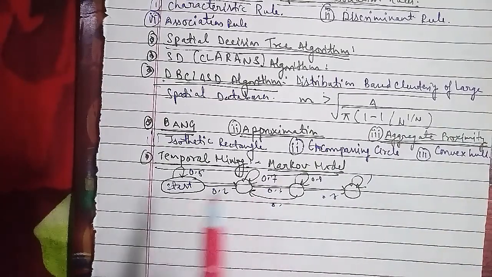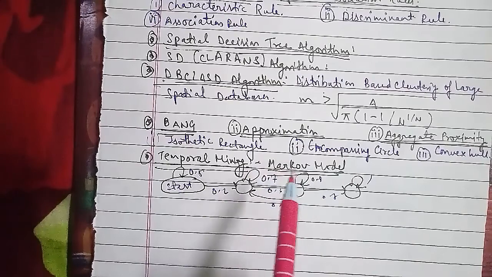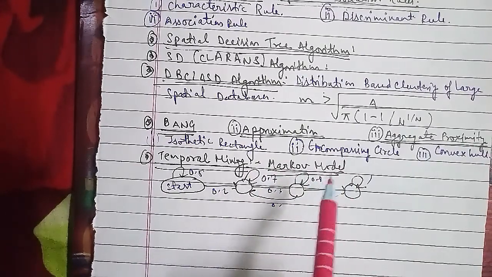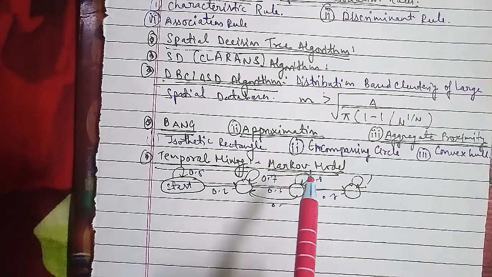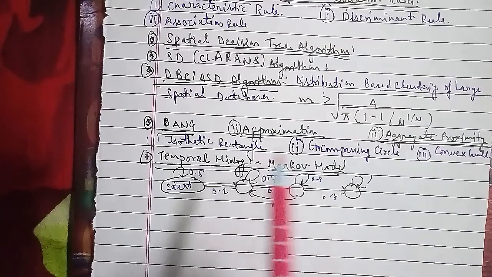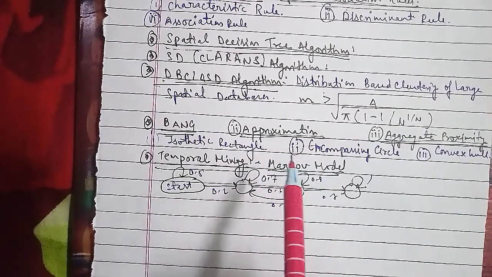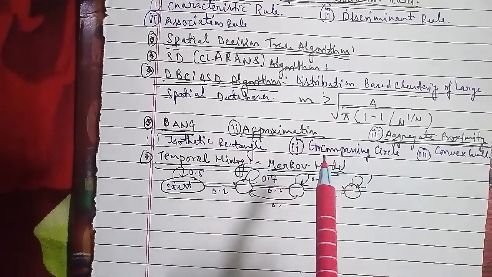The Markov model has been used in various applications, such as speech recognition, natural language processing, and some other common applications as well. A major property of a Markov model is the Markov property, which states that given the current state, the transition probability is independent of any previous state. Thus, it is memoryless.